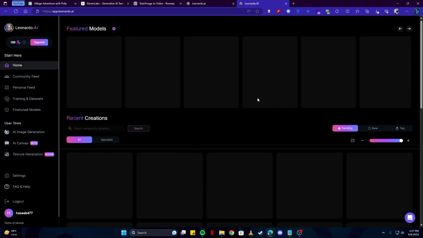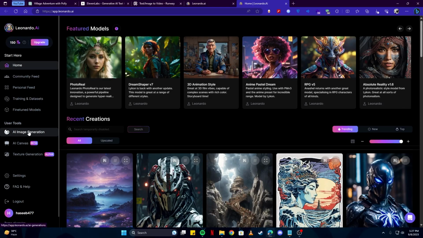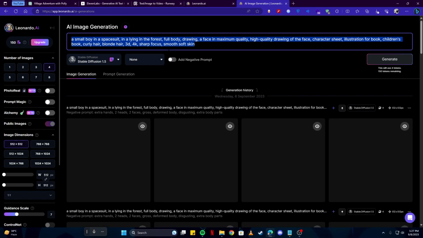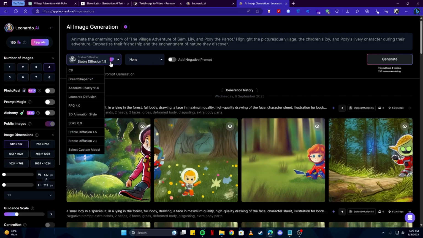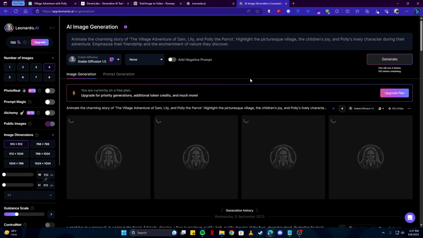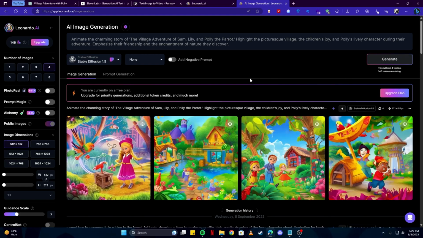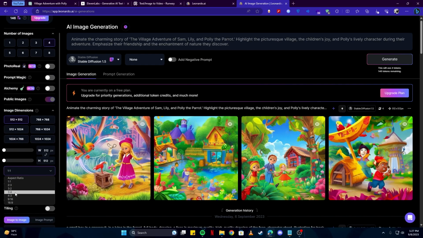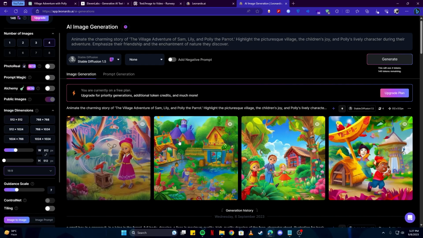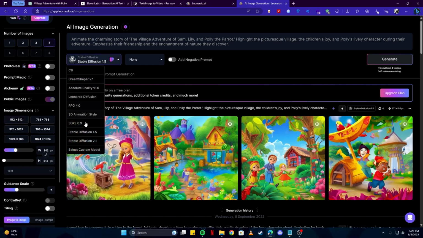And once we are here on their homepage, simply click on the AI image generation button and paste here the prompt, then select a model. We're gonna go with standard diffusion and click on the generate button. And there we have some nice looking images. If you wish for it to be in a landscape format, simply click here and select 16:9. And you can also try some other models like we can do